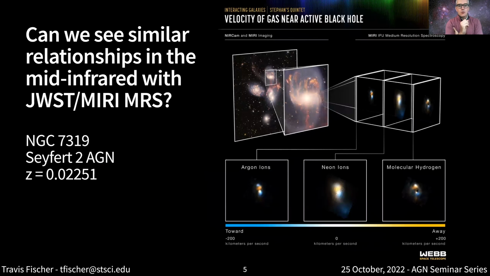And so when this data set came out, I was like, oh, that's very exciting. It'd be great to try to apply this hypothesis to what's available. Here's free data, no prior information. I didn't know NGC 7319 beforehand. I was like, I'm just going to go look at it and see what's available. It had this MIRI data that was a plethora of different types of emission lines, which I'll show you. We just wanted to take a look at the kinematics that we could see in the ionized gas and in the molecular gas, and then compare that with any sort of extended radio structure that is there to see if it supports the hypothesis.